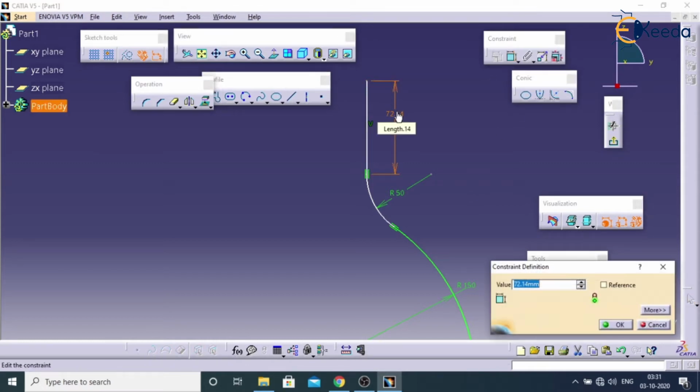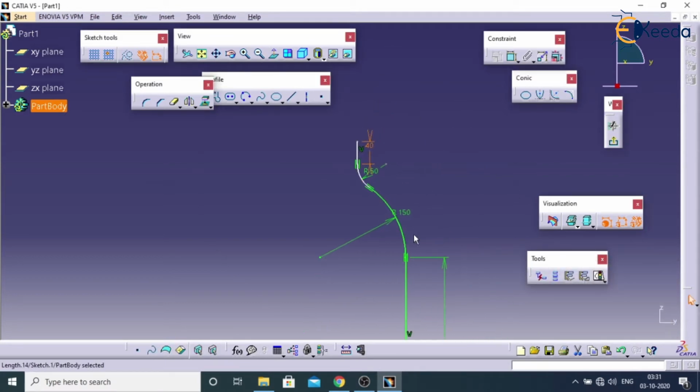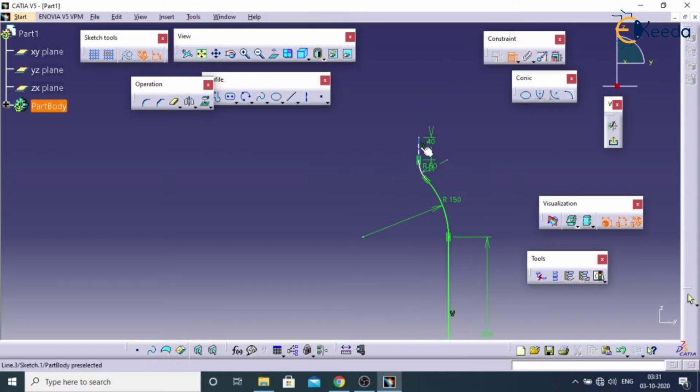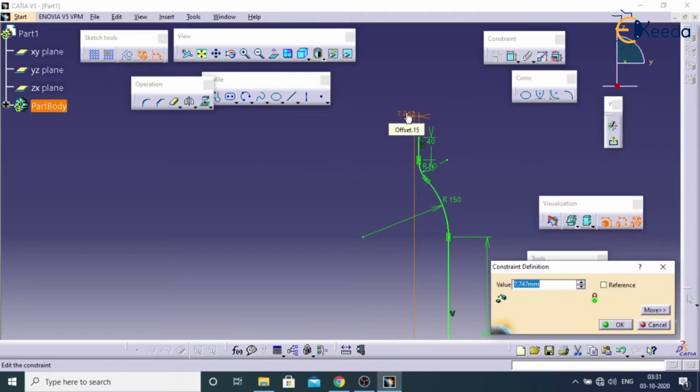For this I am taking around 40. I will move this. I will select this axis and this one. We will double click on this. We will take this as around 25.